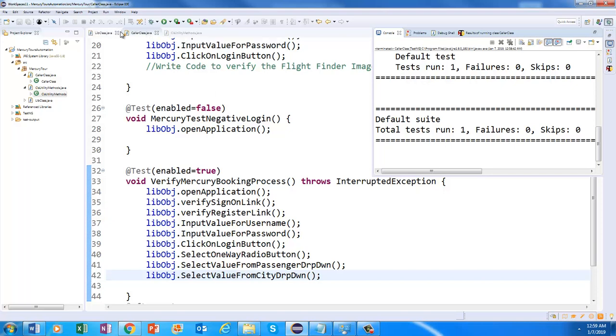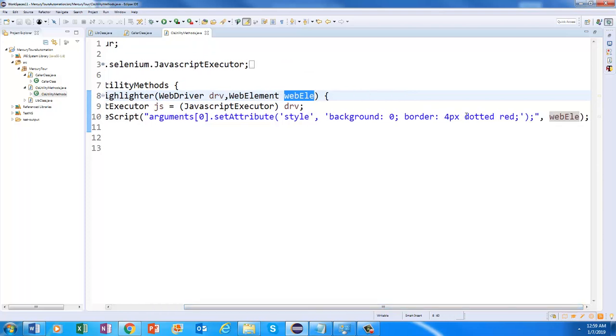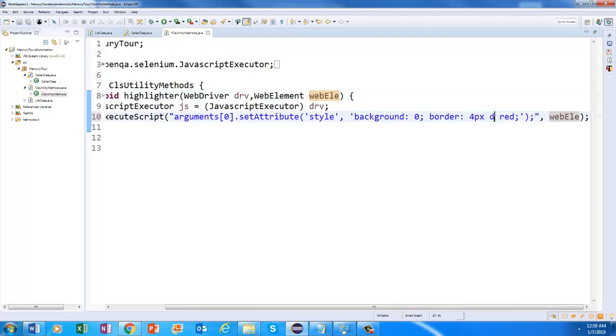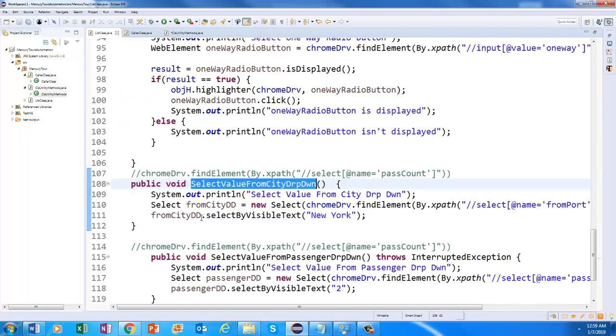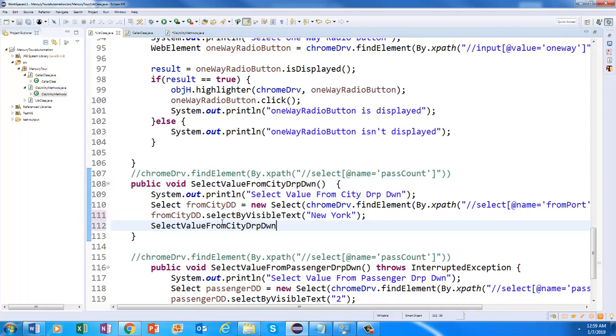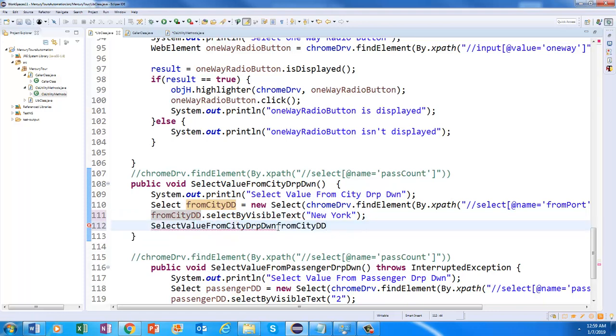So let me change something here. I'm not going to give it as dotted, instead I'm going to give dest, right? And then let's go there in the lib class. Instead of by visible text, I'm going to select, let's say, this object, and then this object dot select